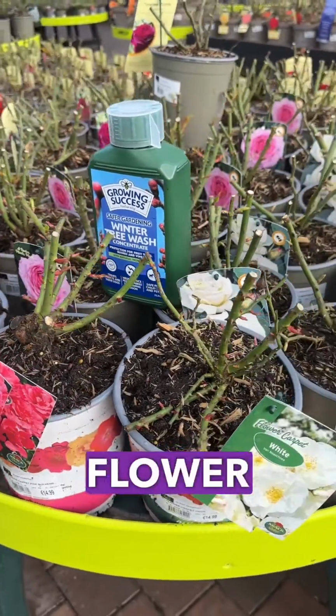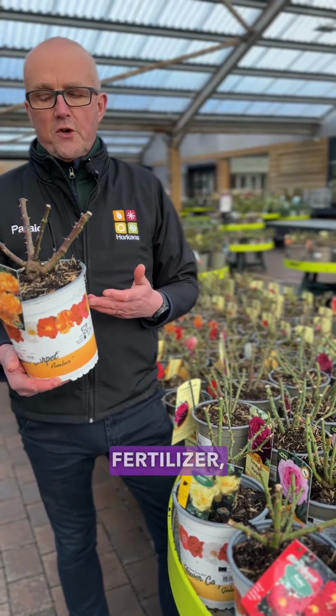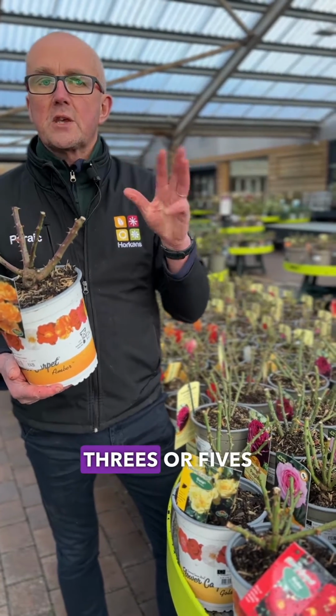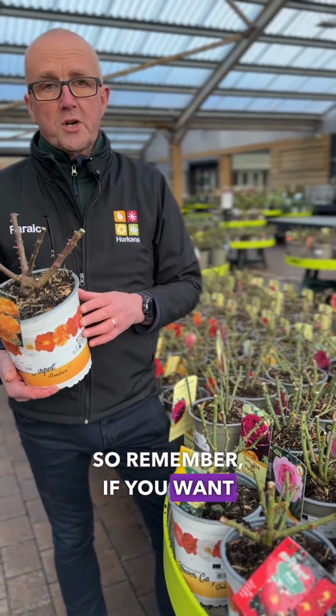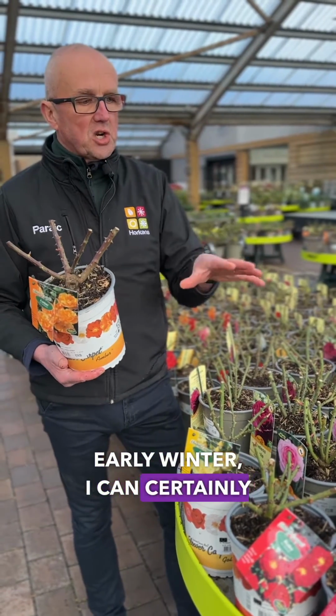When you're planting flower carpet roses, my advice is to add a good quality compost, add some rose fertilizer, but also plant them in groups of threes or fives of the same color to get that carpet effect, that uniform effect. So remember, if you want color from mid-June right through until late autumn, early winter, I can certainly recommend